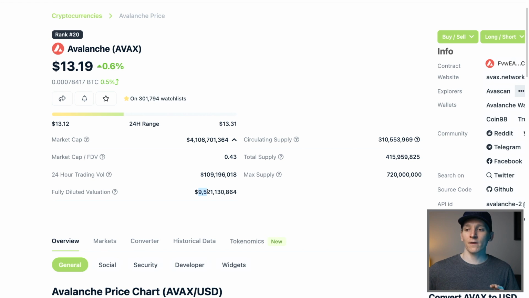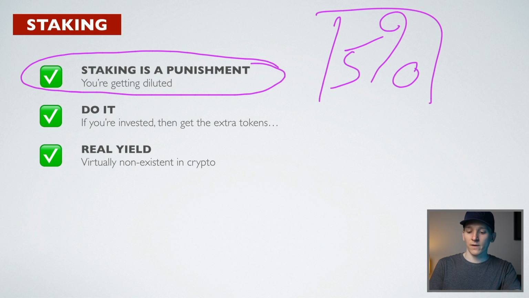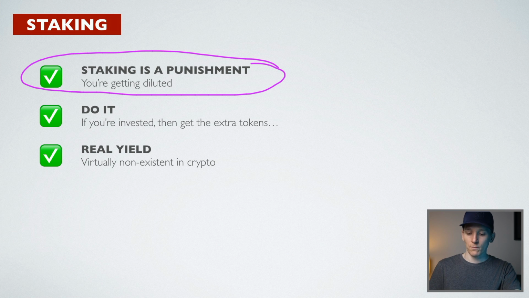We're actually investing in something that is going to be diluted by 50% by the time all of the coins are created. So all of that staking reward that you're getting, "Wow, I'm making passive income, I'm getting 5% yield." No, you're not. That is not yield. Any staking reward that is paid from the creation of new money is called inflation, and it's not good. That's why the dollar has lost 90% of its value since the Fed was created, because they keep creating more of them. That's the whole point.